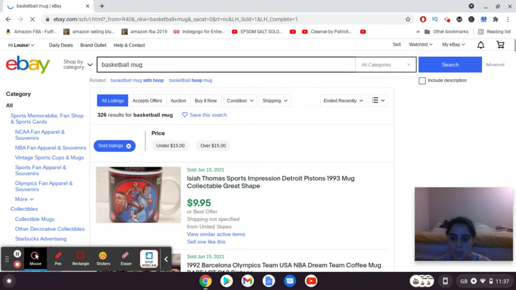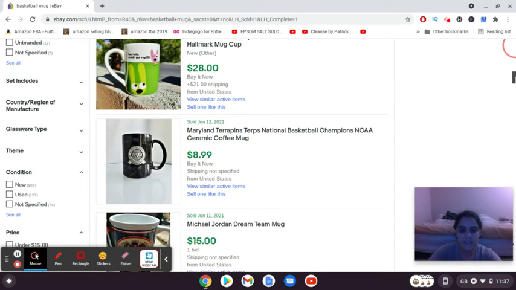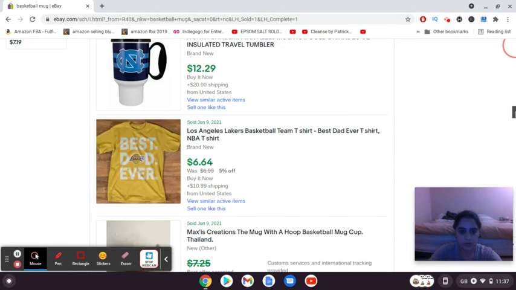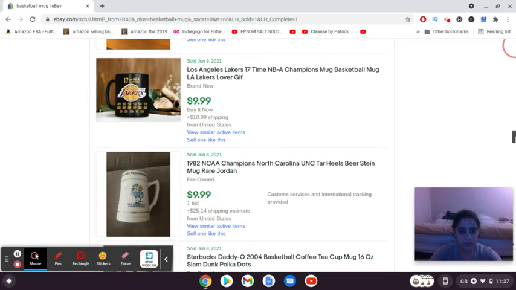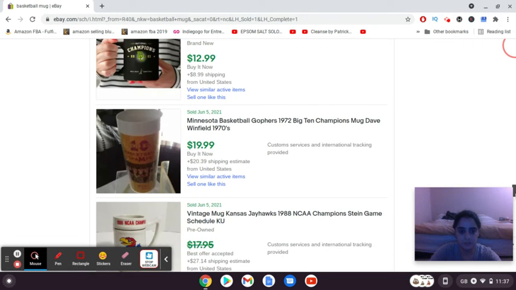What we're going to do is look for the ones that are selling with some kind of message or meme on it. This one hasn't really got a message, it's got a picture. So I'm going to scroll down. There must be one with a message. Now if we can't find it in basketball, then we can just search for another niche. It's not a big problem.